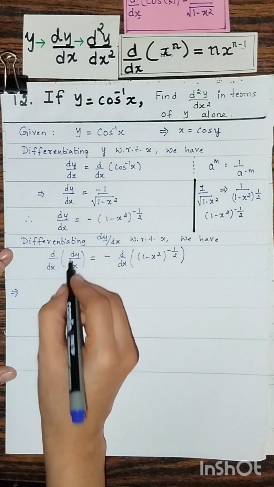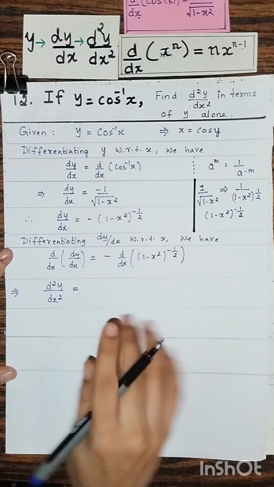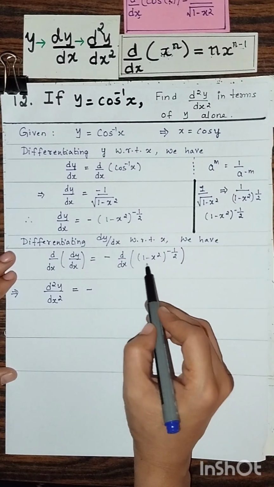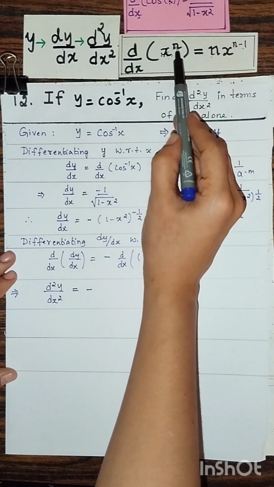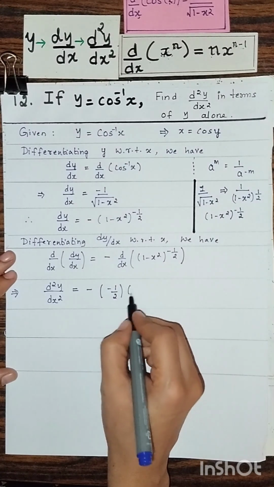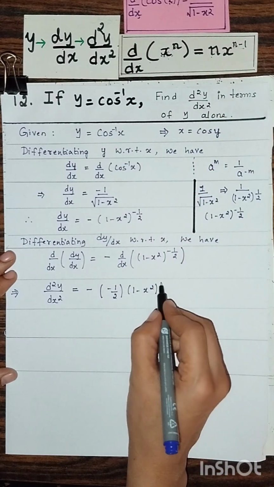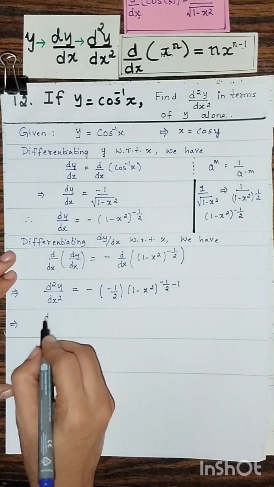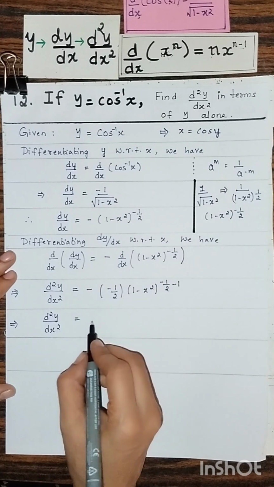This implies the derivative of the first order derivative, d square y by dx square, is equal to minus of, the derivative of a function raised to a value, so here we will apply x to the power n. So you will get minus 1 by 2 into 1 minus x square to the power of minus 1 by 2 minus 1. So this implies d square y by dx square is equal to, minus times minus is plus,